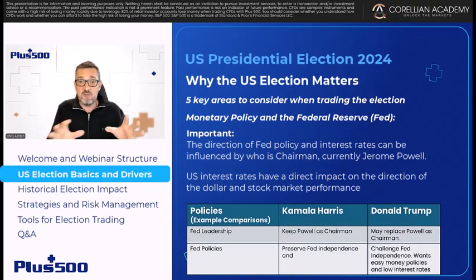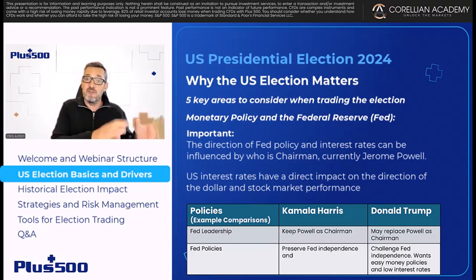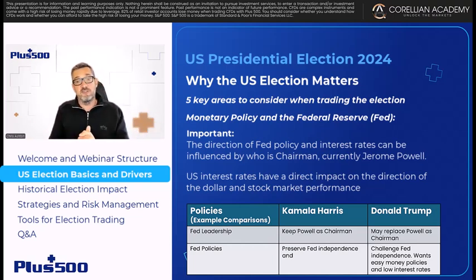Currently, Kamala Harris wants to preserve the Fed's independence and is expected to keep Jerome Powell as the chairman, ensuring continuity and a smooth transition, which could be seen as a positive for risk sentiment as it reduces uncertainty. While Donald Trump could challenge the Fed's independence and replace Chairman Powell with someone more in line with his policies,